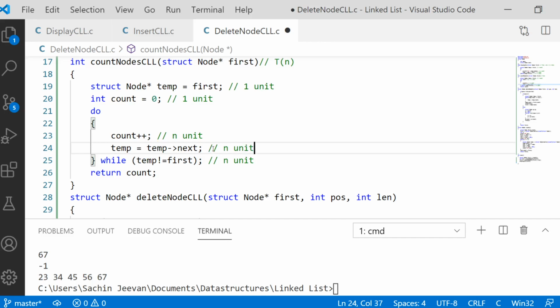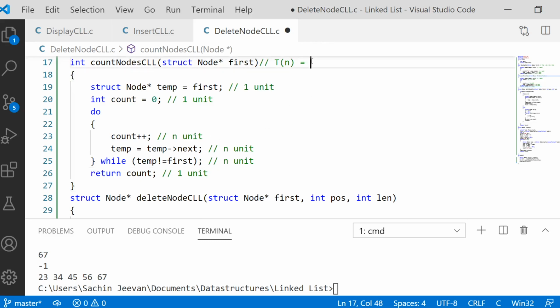Finally, returning the value of count takes 1 unit of time again. So overall it is 3n plus 3, so T of n equals 3 multiplied by n plus 3.